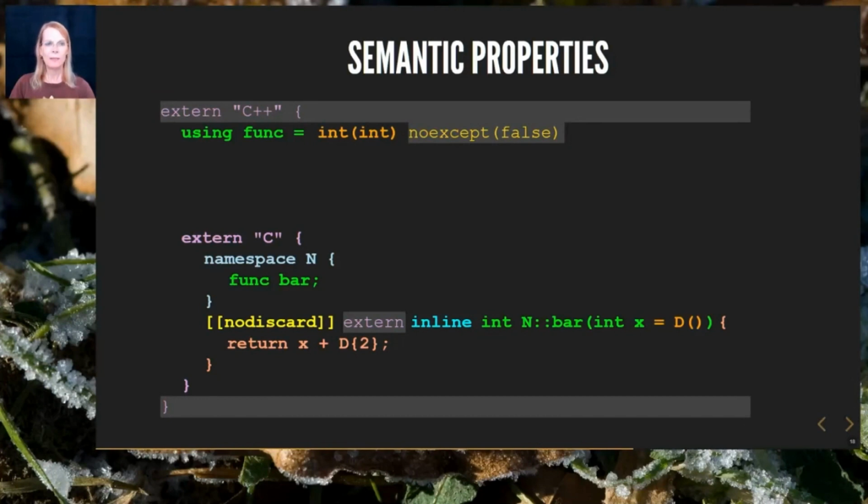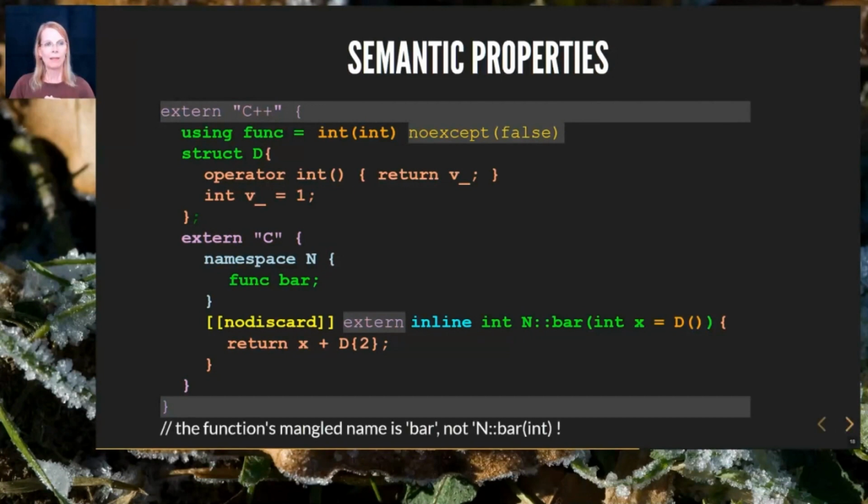And this default argument must be of a complete type, so the class type must even have a fully defined class body with additional declarations, properties, and names in them. Everything shown here must be necessarily available and reachable to make use of this function bar.